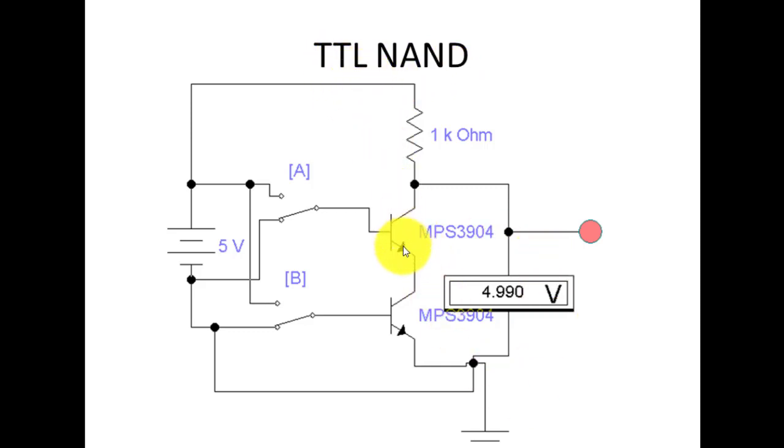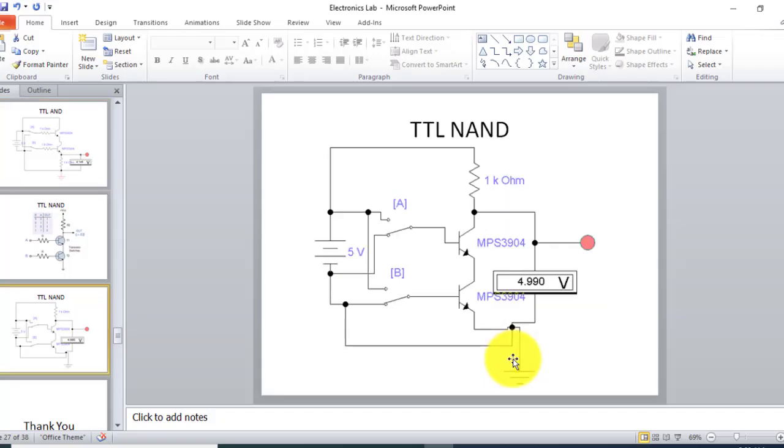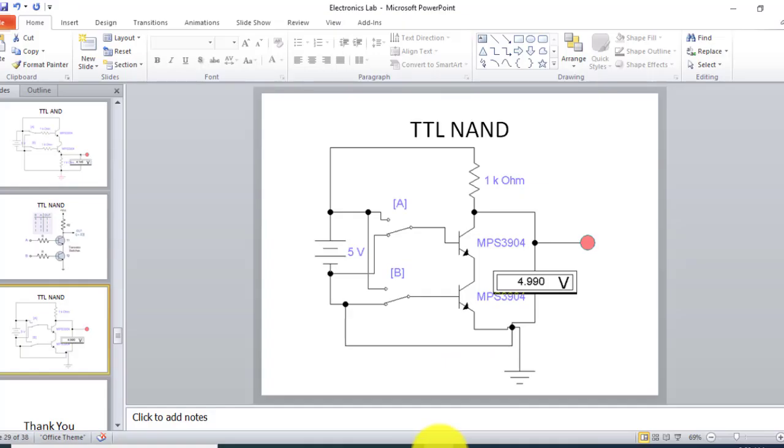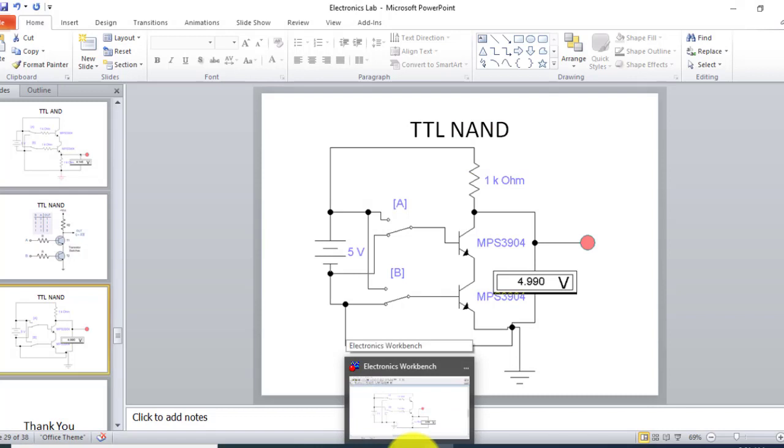So we shall use 2 transistors and a resistance on the collector terminal. Let's go to the electronic workbench, where we shall draw this circuit by using 5 volts as the input voltage. We have already made the circuit of the logic OR gate, and we have already constructed the circuit of the logic AND gate, and now we are going to construct the circuit of the logic NAND gate by using a minor modification.